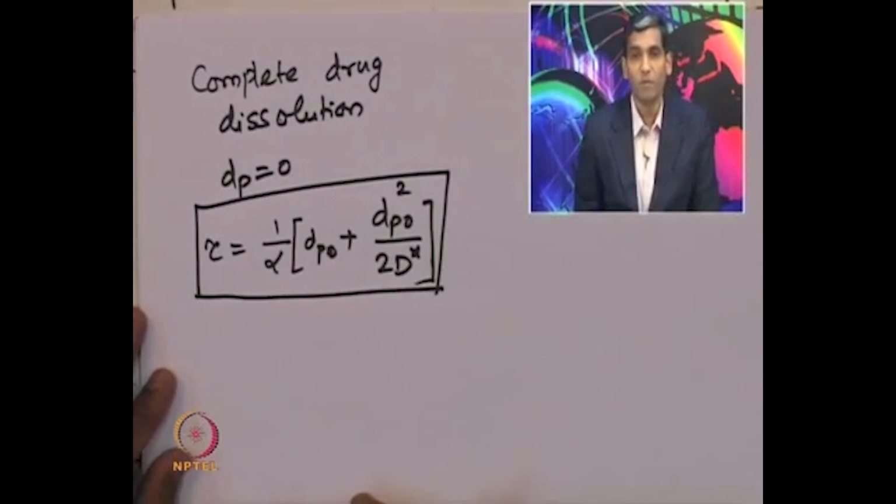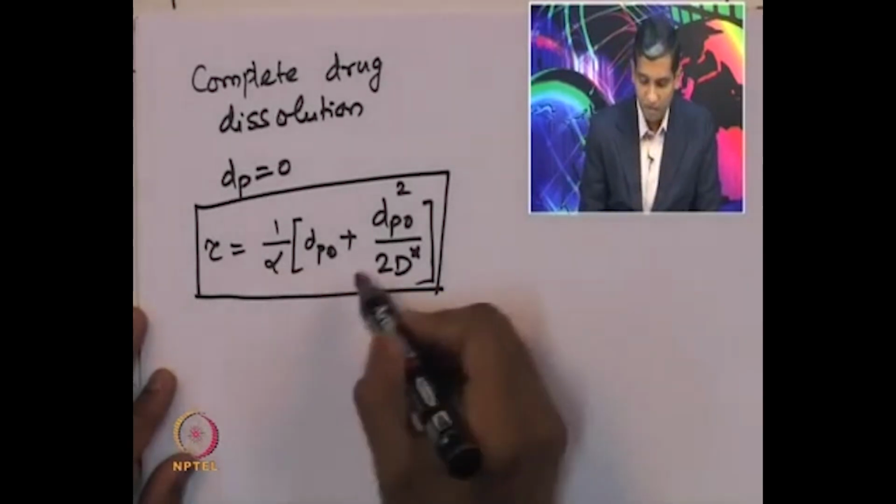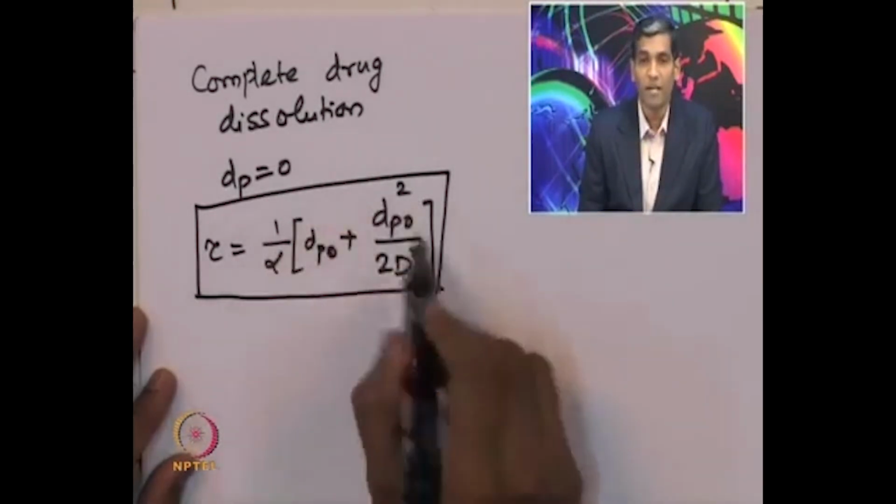So, that is the relationship between the time taken for complete conversion and the diameter of the particle and other